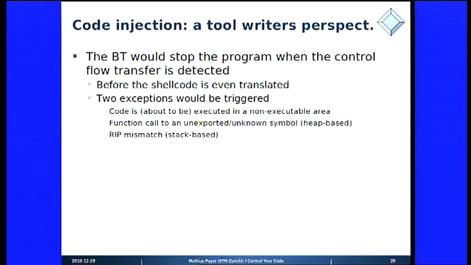And we have a function call or a return control flow transfer to an unexported or unknown symbol that's either on a heap or on a stack. And we have a mismatch for our shadow stack and all that. That's exactly the point where we could stop the execution in the virtualization system and stop the program and contain the